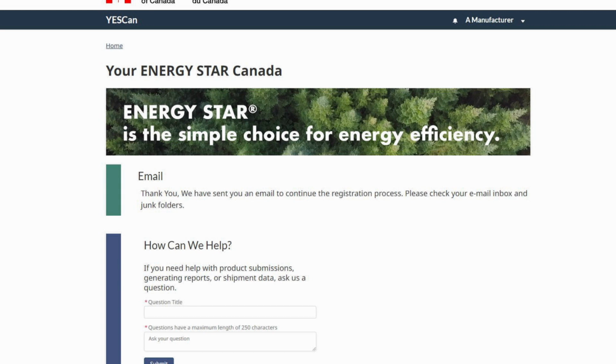Your email address will likely be one of the ways your account manager will verify you and how they will notify you if you have a question. So you need to ensure that this is your correct email address. If you did not receive the registration email, please check your spam folder. If your email was not in your spam folder and you did not receive it, then it may be a case that you entered your email address incorrectly.